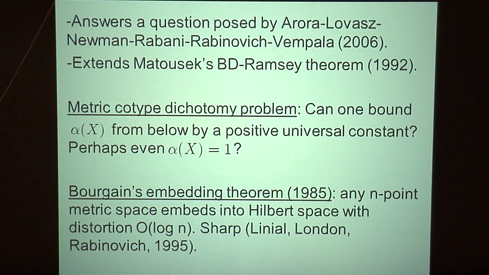That would be the sharpest possible result you can hope for, and because of a very famous theorem of Bourgain, that I want to say something about in the end as well, the Bourgain embedding theorem from 1985 says that any n-point metric space embeds into Hilbert space with distortion log n. And this is the truth. So log n is the best that you can hope for, and conceivably,